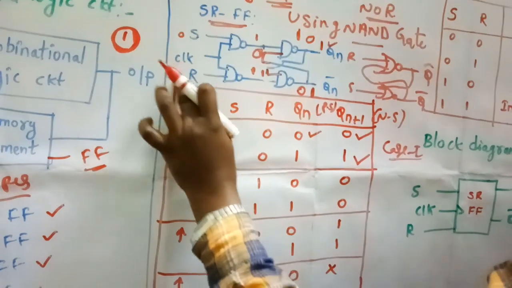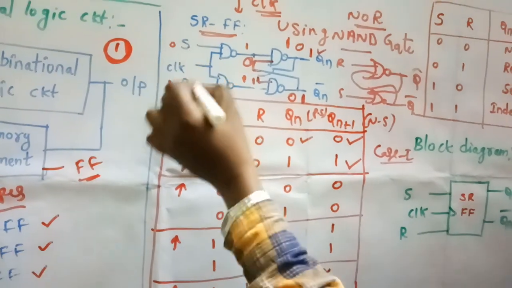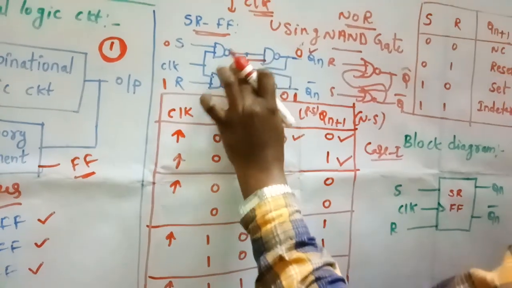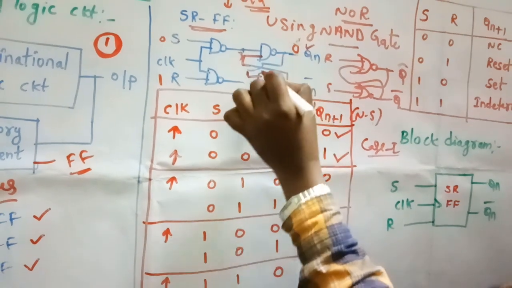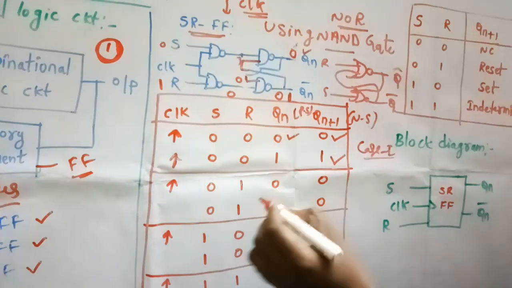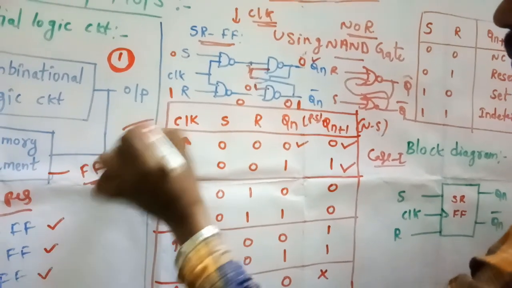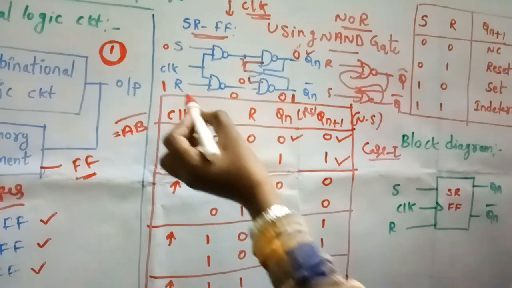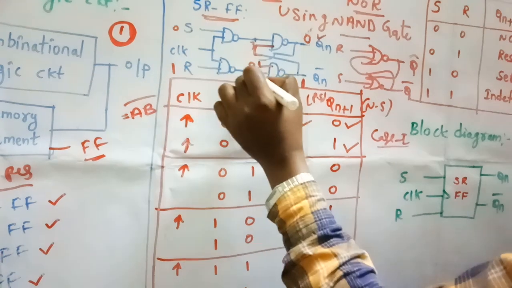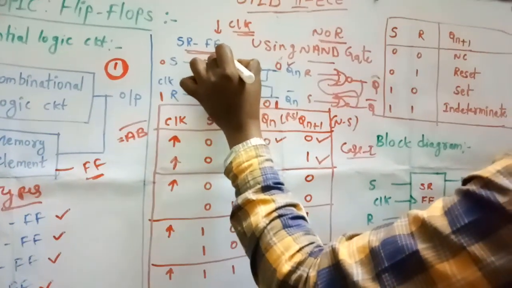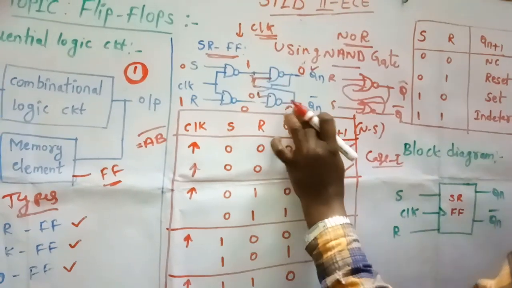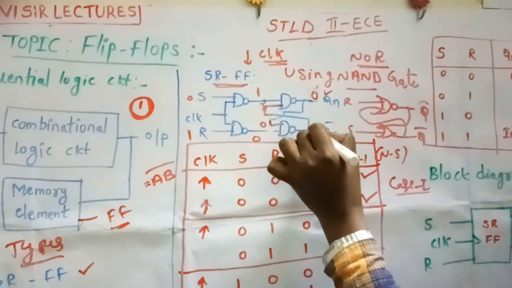For example, S is 0, R is 1, and let us consider this present state as 0. I am taking present state 0. 0 comes here, and 1 bar is 0. Here NAND gate is nothing but AB whole bar. For example, I am taking 2 inputs, then output is AB whole bar. So here R we are applying, clock is applying, so 1 input, that's why 1 bar is 0. Again 0 bar is 1 here. 0 into 0 is 0, 0 bar, 1 we will get. Here 1 we will get, this one comes here.